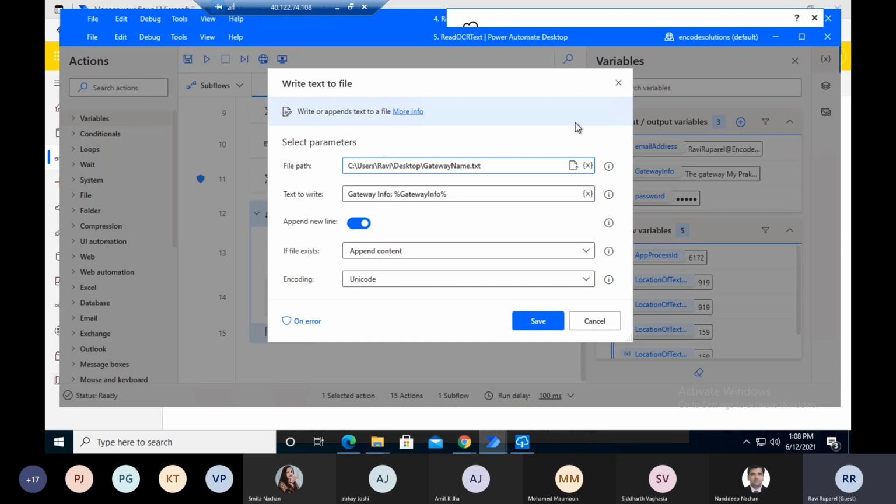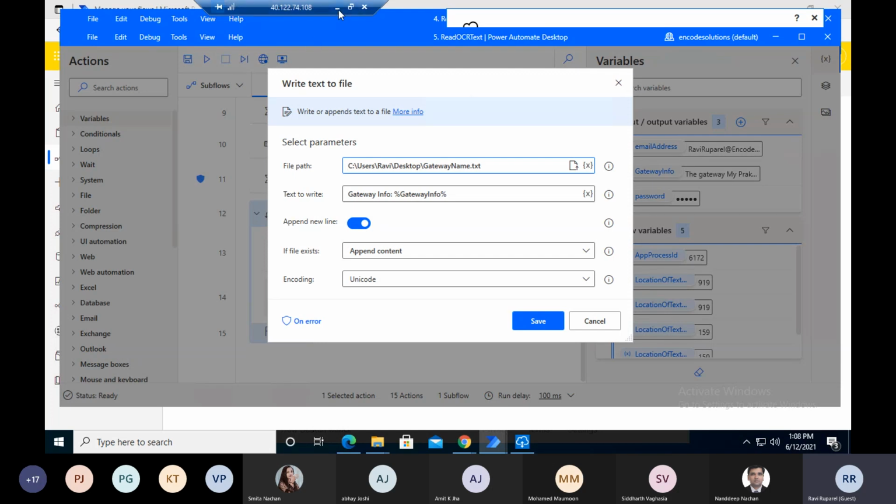So using this we can fetch this kind of data in the real world. In one of the requirements we have done, the client had one Windows application. From there they are exporting the CSV files, and these CSV files are stored into the local system. Once it is stored into the local system, it will upload into the FTP server. So this kind of thing we have developed using the UI flows. So these are the demo examples I have created for this session.